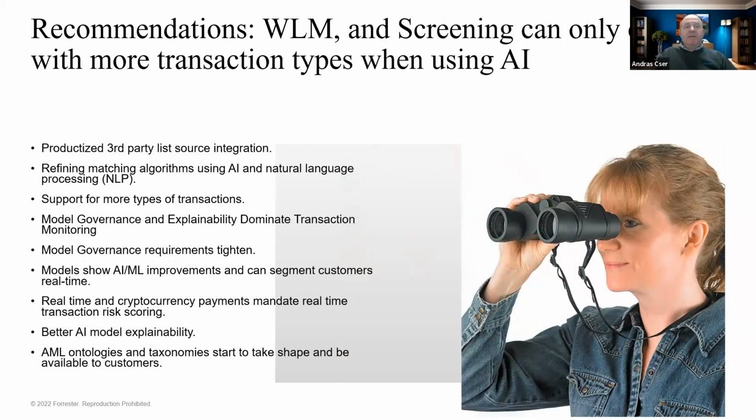In terms of recommendations, third-party list source integration. The more of these lists you're looking at, and the more you're able to manage them, the better. Refining the matching algorithms using artificial intelligence and natural language processing is definitely important. As I said, the regular expression matching is not necessarily good. Supporting more types of transactions. It's not just ACH and wire, but there's also Zelle, Venmo, Revolut, and other kinds of transactions that you have to look into. The whole model governance and explainability, you have to have that in the background,